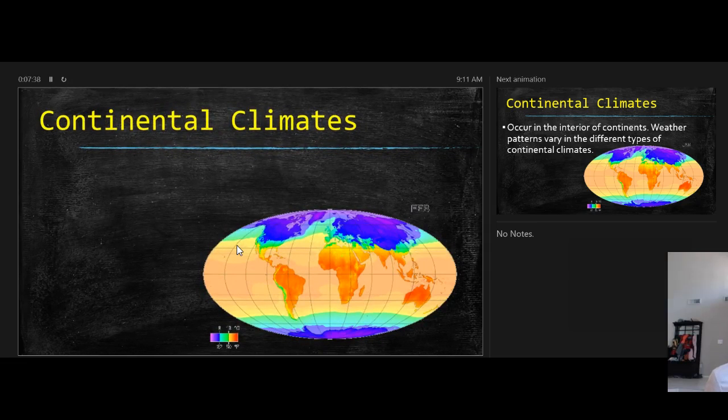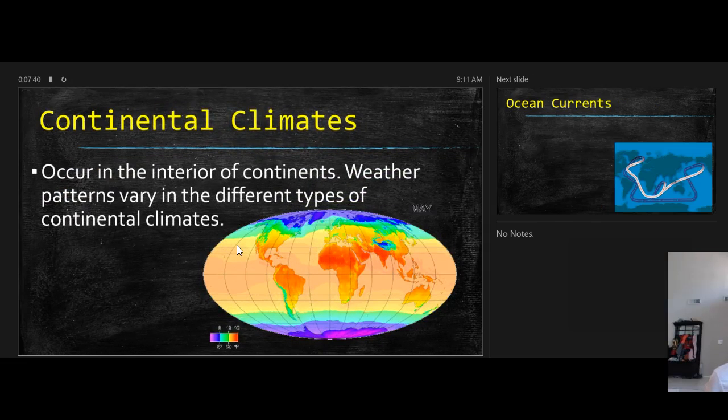Then we have continental climates. And these occur in the interior of continents. Now, this is where the patterns vary between different types of continental climates. There's not a solid continental climate you can always have. Some areas are very arid, some can be Arctic, some can be very seasonal with changes of season. Some actually can be fairly stable,